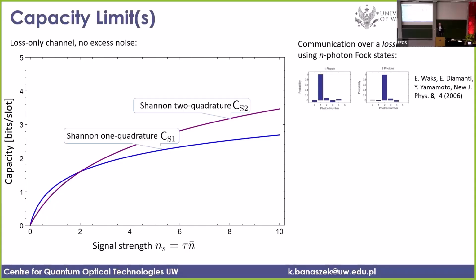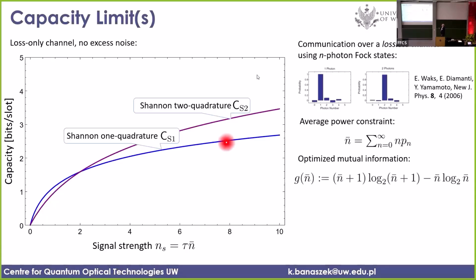But this is the first hint that things are not completely trivial. To complicate things even further, let me propose a completely impractical communication scheme. Let's assume that we have a noiseless, lossless channel, and we decide to send information in the form of Fock states. We've heard already today about quantum states of light that have a well-defined number of photons. In principle, we can define a pulse that carries exactly one photon, exactly two photons, or exactly three photons, and so on. So if we have a photon number resolving detector that is able to measure exactly the number of transmitted photons and our channel is lossless,